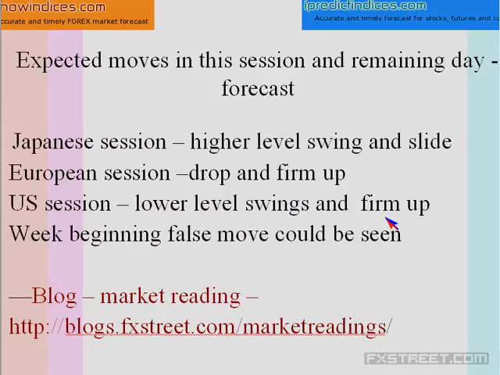And you may not come across much of a sell-off during the US session today. A big beginning false move could be seen. The false move could be on the downside as a continuation of the sentiment, in order to induce traders to sell on rally. So probably they will gain about 30-40 pips and induce the traders to sell by making a quick dip, and the traders will fall prey simply by taking a sell position.